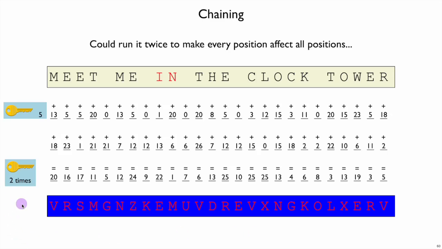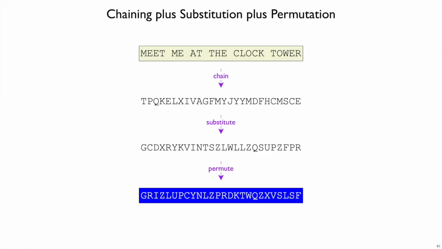So that's better already, and we have a bigger key, but best of all is to combine all three techniques that we have: chaining, substitution, and permutation. Because chaining is so easily reversed at the end of the pipeline, let's put it first, and then substitute, and then permute. And if we take our "meet me at the clock tower" plain text here,